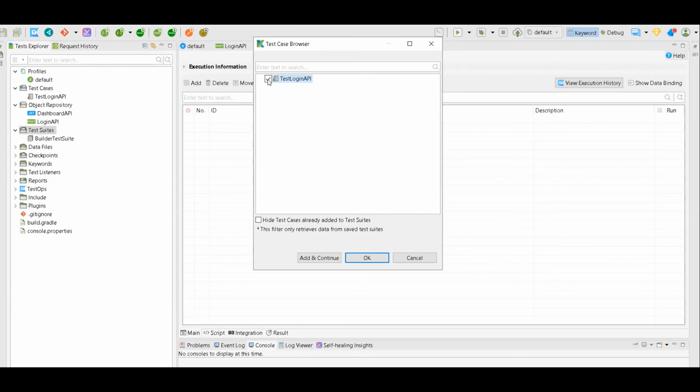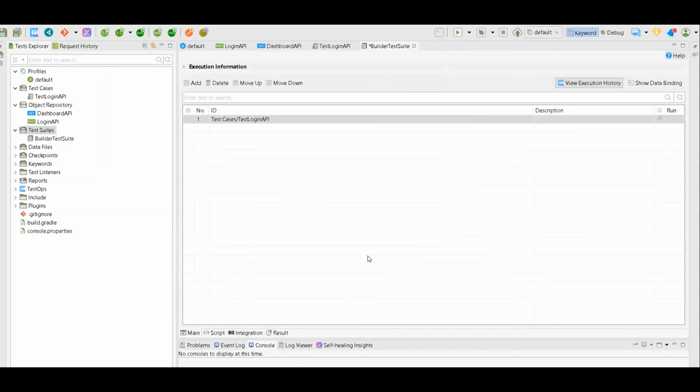So right now you can see this, right? And if you have multiple cases, you can also select all. So you can click this one and okay. That's it. So I added the test suite, builder test suite, and added my login test case there.